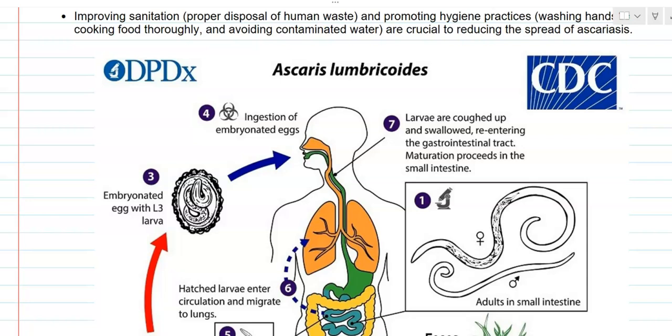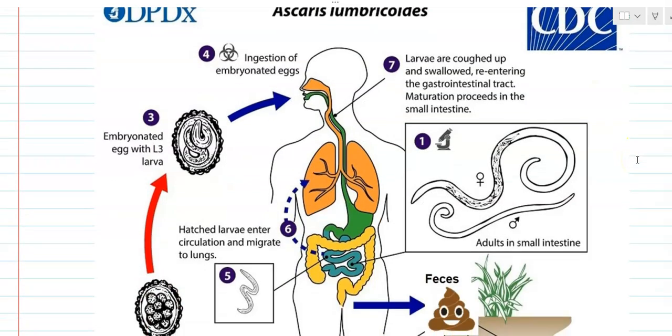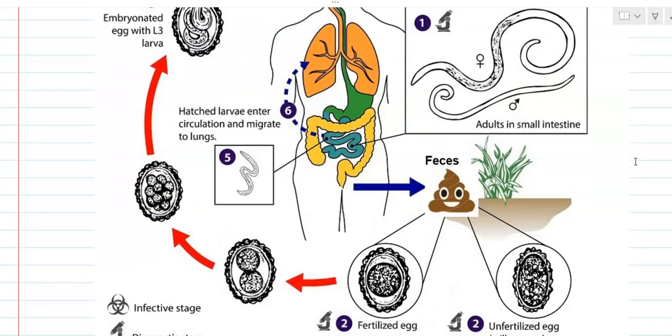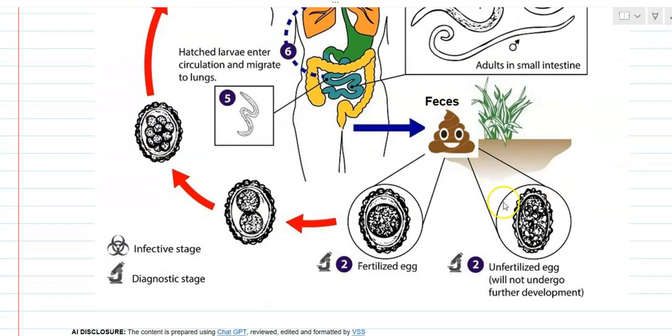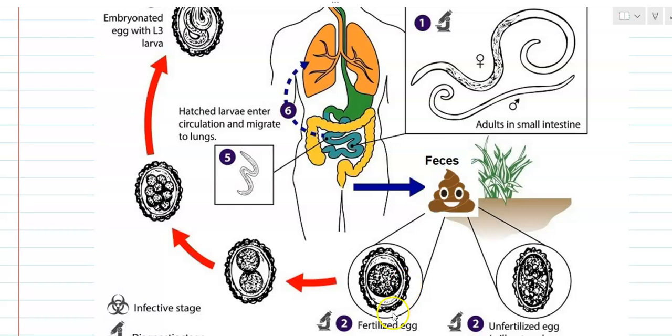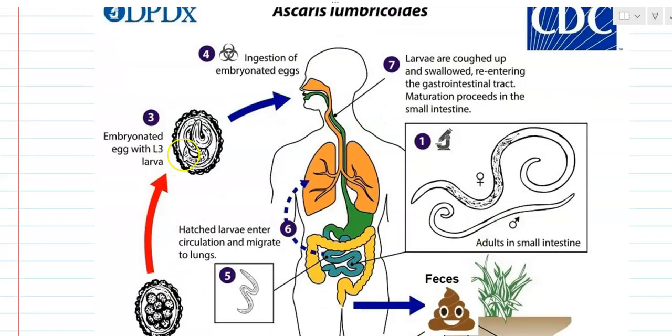This image that has been released by the Center for Disease Control in USA shows the life cycle of this particular Ascaris lumbricoides pathogen. So if you look here, in the feces, you can find a lot of unfertilized eggs which will not undergo any further development, whereas the fertilized egg can form into certain infective stages. The L3 form of a larva, that is a stage of a larva that has formed from